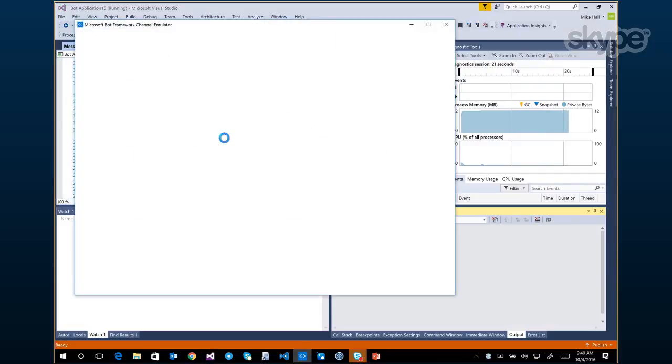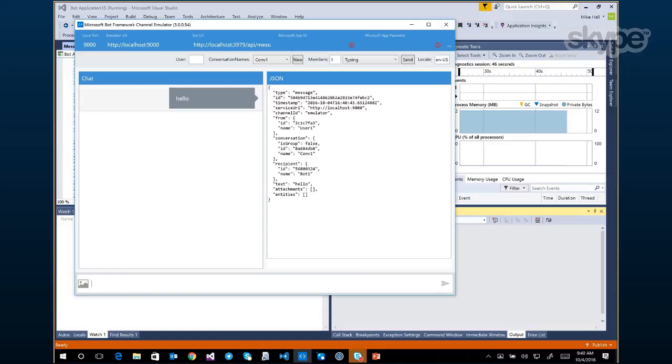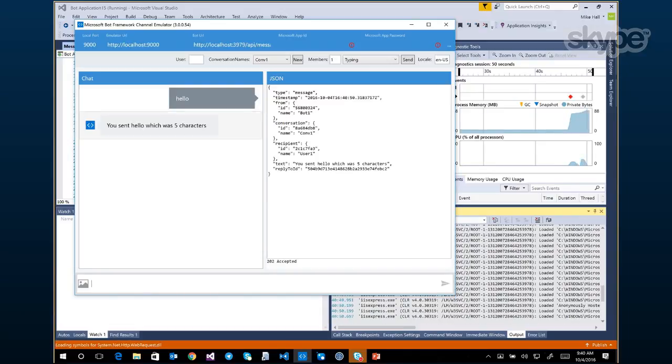I can now launch the emulator for the bot framework. You'll notice there are 2 red items shown on the toolbar at the bot. This is showing that the application ID and application secret are both empty, which is perfectly fine if I'm developing on my local machine and I don't have an app ID and app secret built into my bot code. So I can type something here, hello, and I should get a message back that says you said hello, and that was 5 characters. Great. So this shows that my bot is working. But at the same time, it's not particularly interesting as a bot.